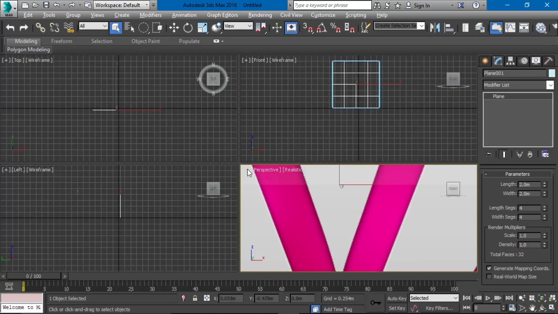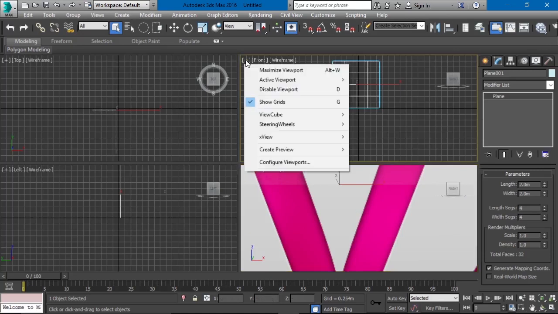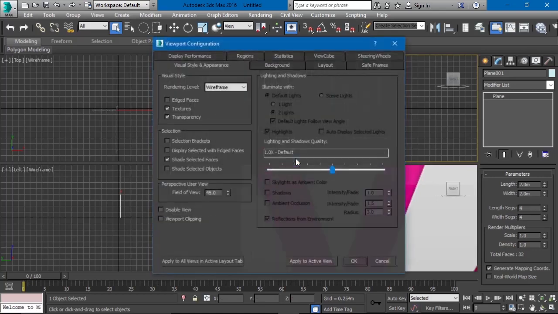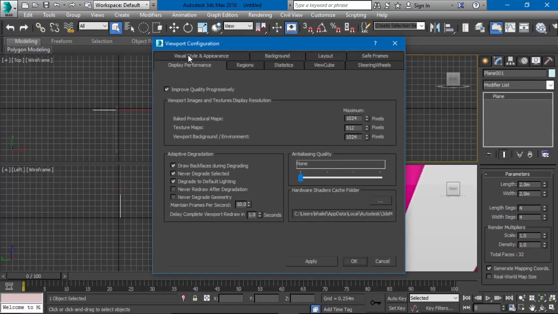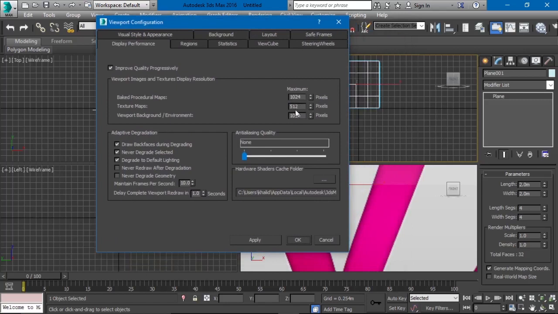So just click on the plus symbol in any viewport here, and then you will get this menu. Select configure viewports and then switch to the display performance tab, and then we have this option here, texture maps, and you can see by default it is 512, and we can basically change this to any number that we would like, but this depends on the computer that you have. So if you have a decent computer, then you can type in something like 1024, or if you have a high-end graphic card or a very good graphic card in your computer, then you can go to something like 2048,